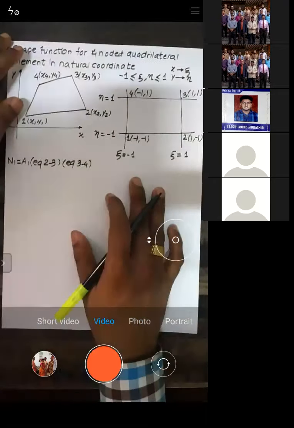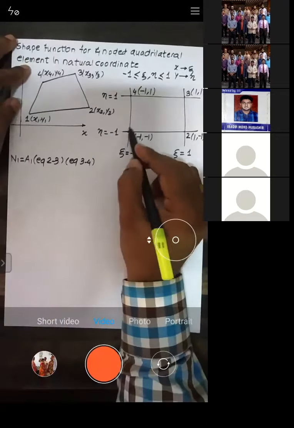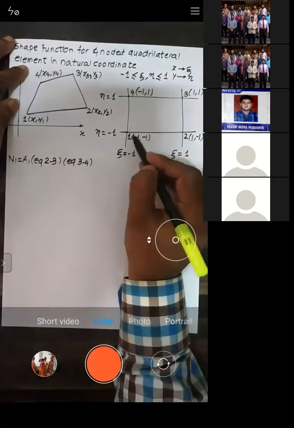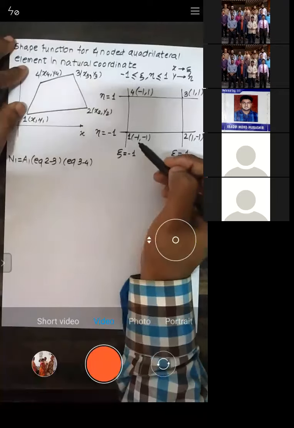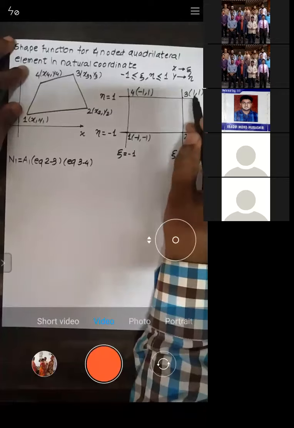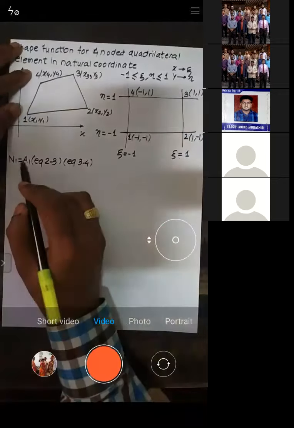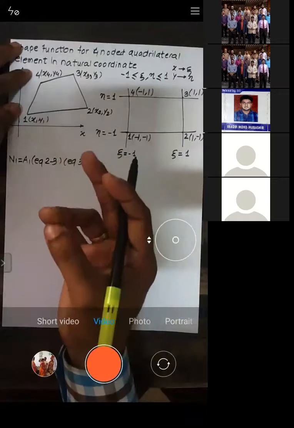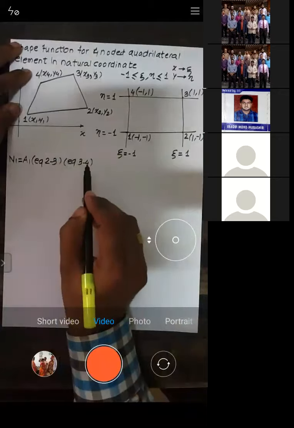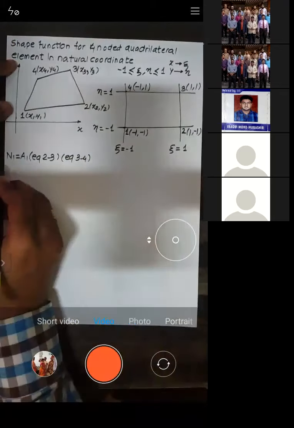The purpose is that except node 1, all the nodes should be covered by those lines. If you see line 2,3, nodes 2 and 3 are covered. Line 3,4 covers nodes 3 and 4. So except node 1, nodes 2, 3 and 4 are covered. Node 2 is covered, 3 is covered, 4 is covered. Is it okay?